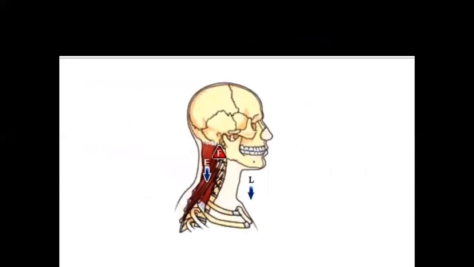So here as we can see, when we take the example of the nodding movement, the fulcrum would be the atlanto-occipital joint here. The load or the weight would be the anterior side of the face and the effort would be applied by the posterior neck muscles at their insertion at the skull.